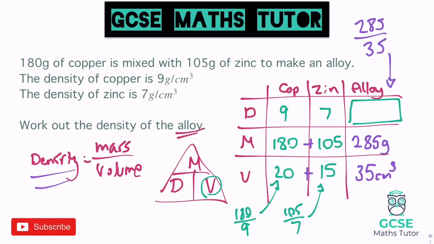but we get 8.142857. It's actually a little recurring number there as well. Now this question would normally ask you to write that to 1 or 2 decimal places, so we would just round it however the question actually asks. But if it doesn't ask us, we write down the full number there, which is 8.142857 with those little recurring